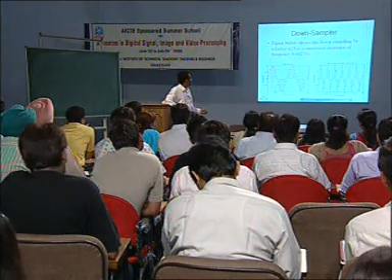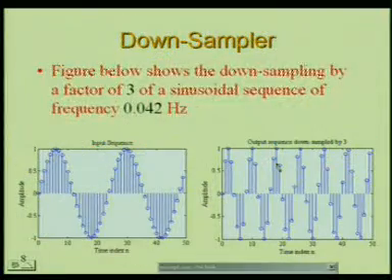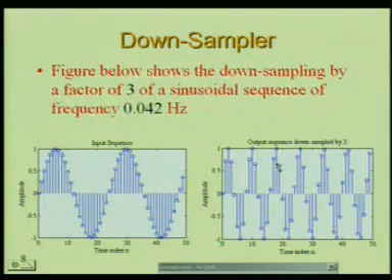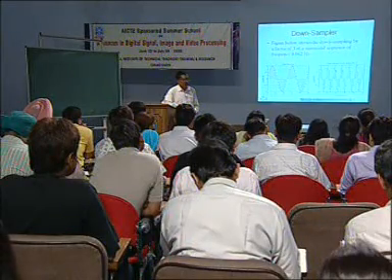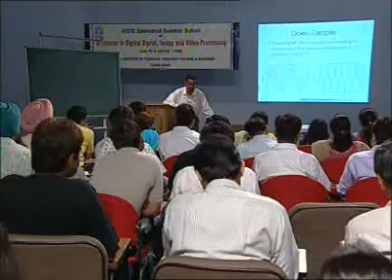You can easily obtain this sequence in the laboratory. By using MATLAB, you can easily generate this sequence, then you apply that particular technique, the downsampling technique, which means you suppress M minus 1 number of samples in between two consecutive samples, so as to obtain this. So, this way it is very easy to implement a downsampler, but in practice this is not the case.